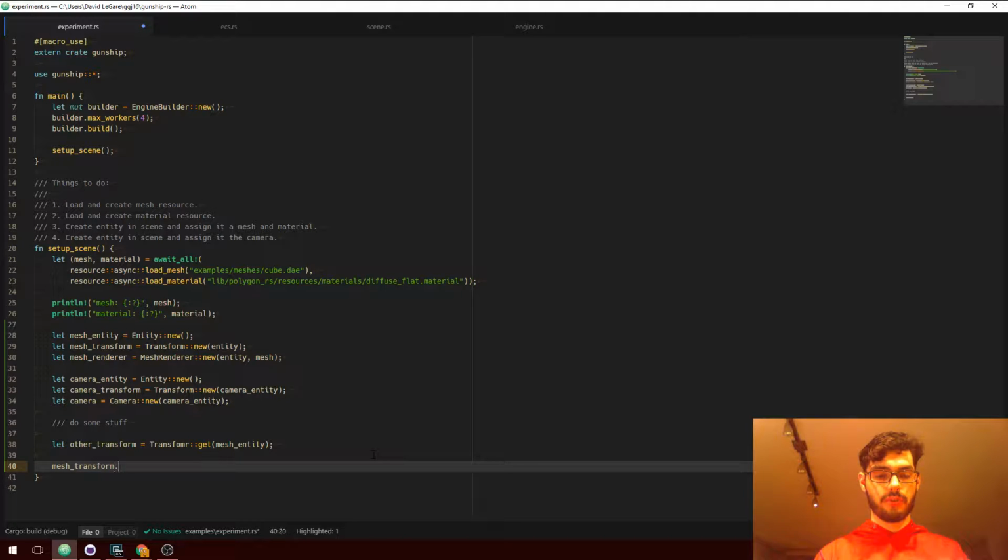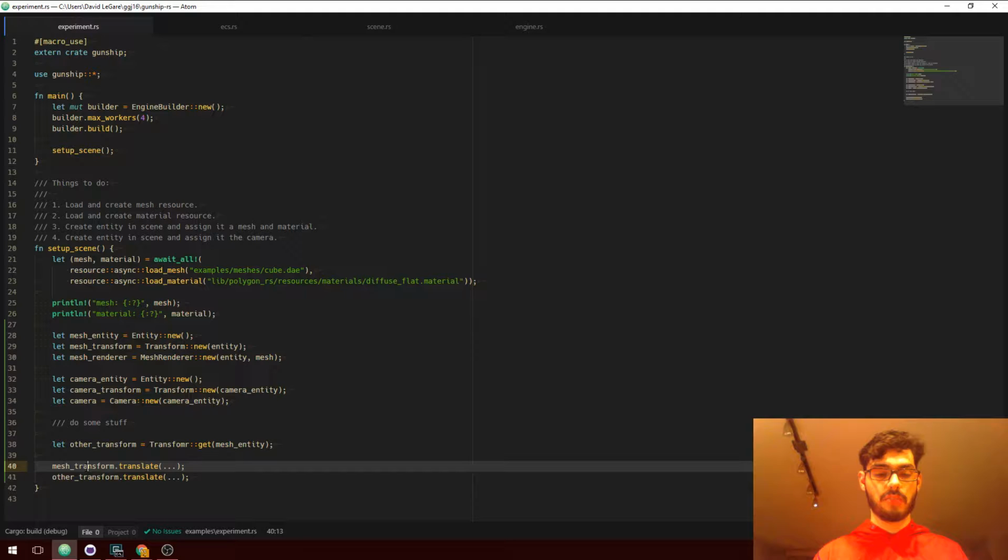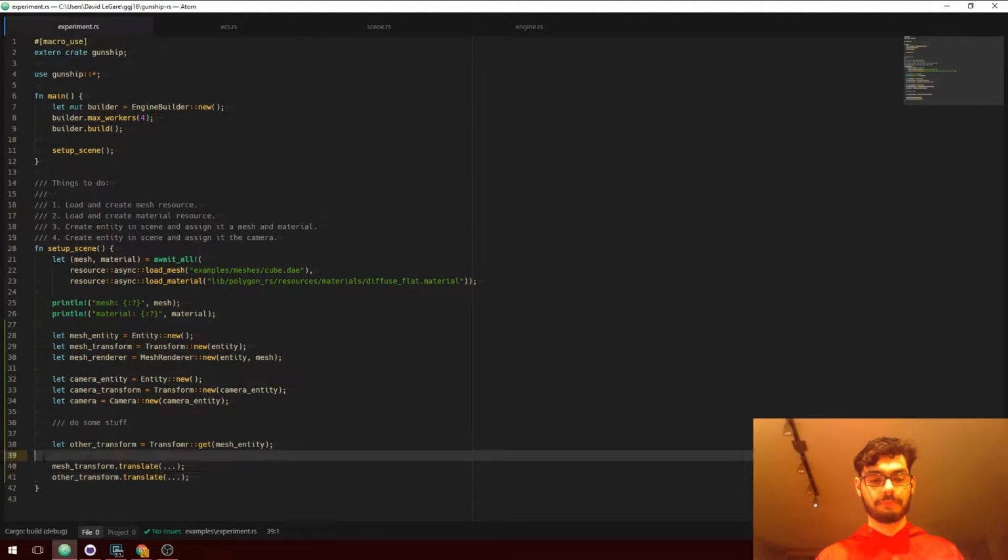But let's take a look at it this way. Mesh transform dot translate, other transform dot translate. These two objects are effectively referencing the same data, and they are both able to mutate that data. This is verboten in Rust's eyes.